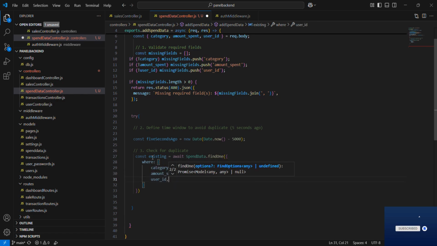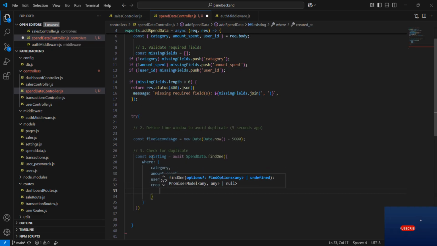Then, using Sequelize's findOne method, we check if a record with the same category, same amount, and same user already exists within that 5-second window.